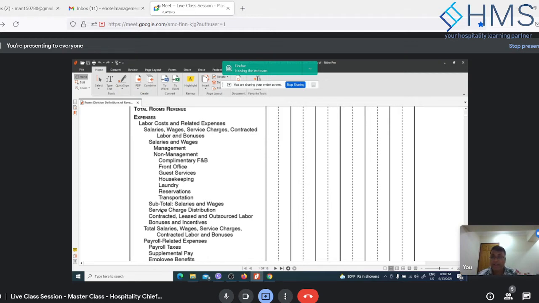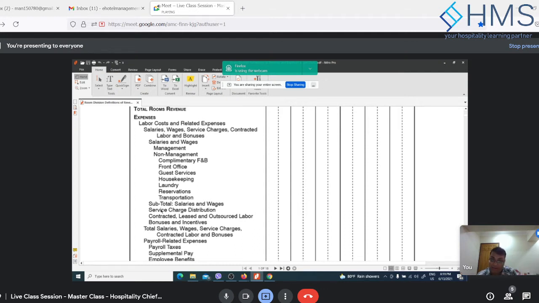Then the next line is bonus and incentives. Usually you are giving the front office an upselling incentive. So even though it's one complete line here, you may need to have separate lines in your ledger accounts so that you can track it separately. What are the expenses on bonus? What are the expenses on incentive? Whether it's an upselling incentive, a reservation incentive, or another type of incentive, so that you can compare month on month or year on year. What are the differences? What are the reasons for the bonus or incentive line?